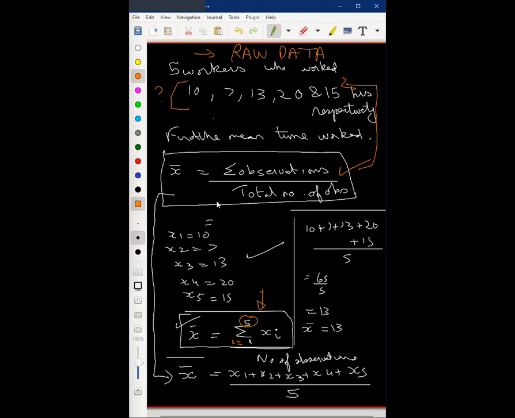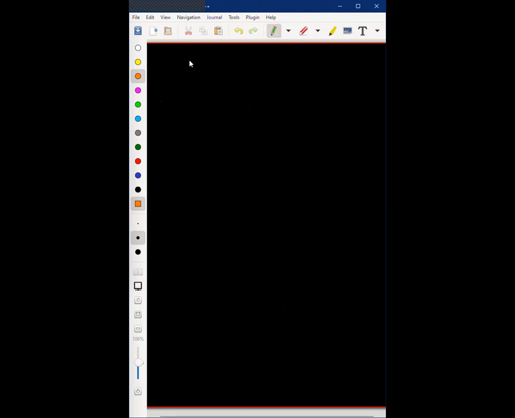Now, when we were talking of this formula over here, let's look at this in a little bit more detail. So we said that the sign is something like this. This sign is referred to as the Greek letter called sigma, which basically means summation. Now, for example, let's say we have 50 people or students who get a certain amount of marks.